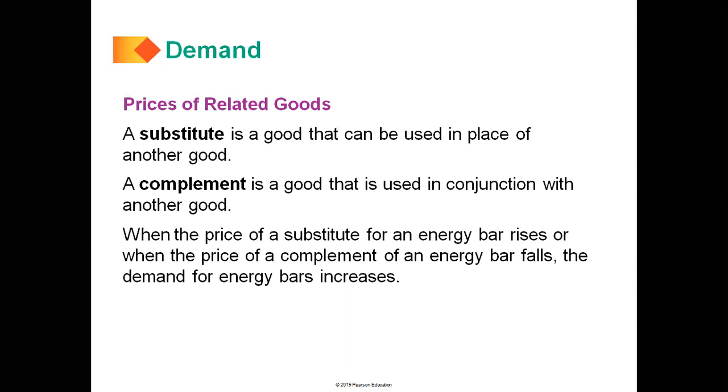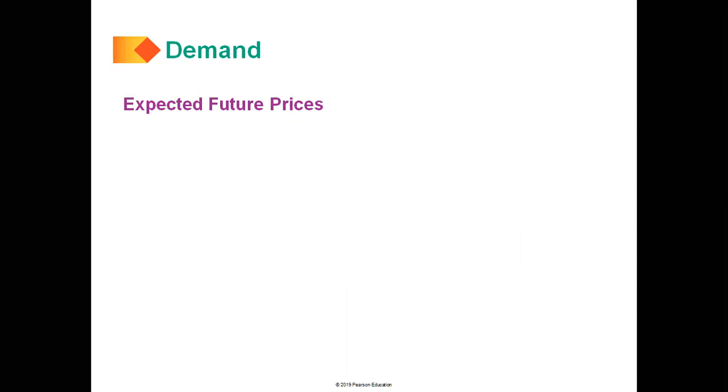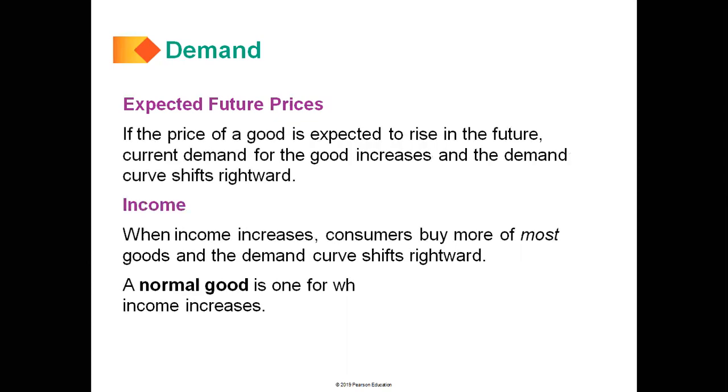I'm spending a lot of time on this, but it's in the homework, and it's critical because not only does it help us understand the things that affect the demand for a good, but it also helps us with this idea of distinguishing between changes in price and changes in quantity demanded, or changes in demand. And so we're talking about both of these things at the same time. So the price of a substitute goes up, that changes the demand for the other goods that you can substitute for. Tricky stuff, and I'm trying not to make it more confusing,